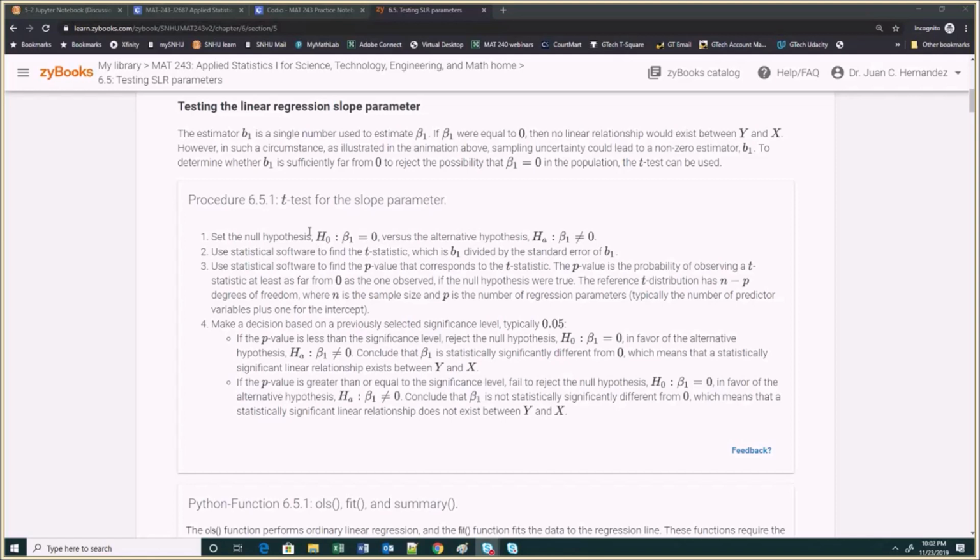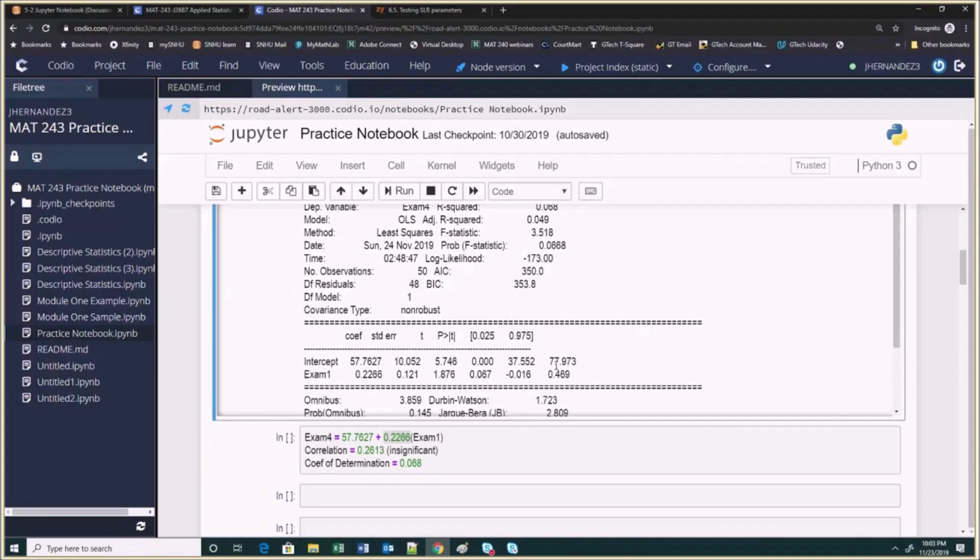Note that if we do not reject the null hypothesis, we're essentially saying that the beta 1 parameter has a value of 0. If the beta 1 parameter has a value of 0, then the regression model will just be that y equals the intercept, because beta 1 is 0, so the term for the independent variable will just go to 0. Going back to the example that we just did, we noted that it printed the coefficients for the intercept